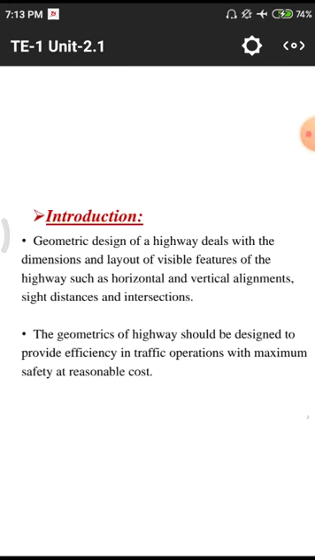That means the length of the road. Along the x-axis we have the length, along the y-axis we have the breadth. Those lengths and breadths are mainly what we deal with. After that, we will deal with the layout of the visible features. That means what is the layout of that particular road. Is it a circular pattern, or trapezoidal pattern, or semicircular pattern? We need to see the layout of the road.